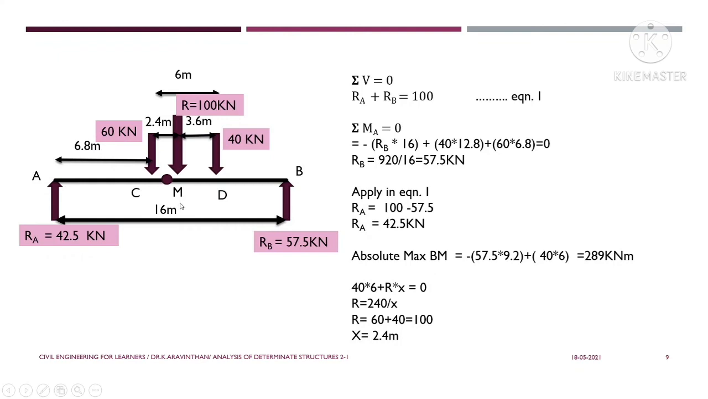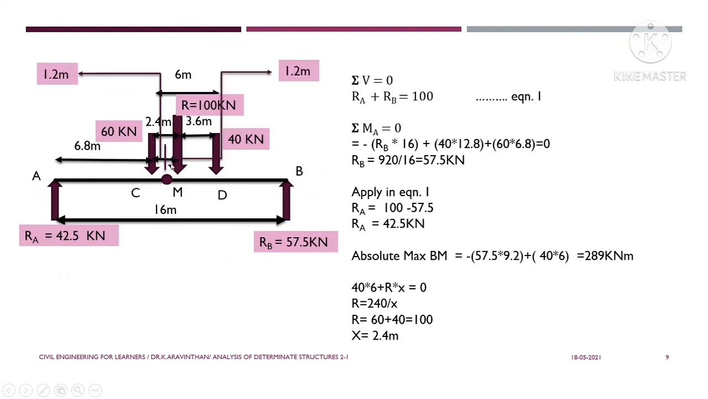Now we can go to find the absolute maximum bending moment. In order to find the bending moment, you have to find the components first. If I want to find the sum of moments at A equal to 0, I will be taking RB into the distance, that is RB into 16, which will be anti-clockwise, and 40 into the distance. How to find this distance is,